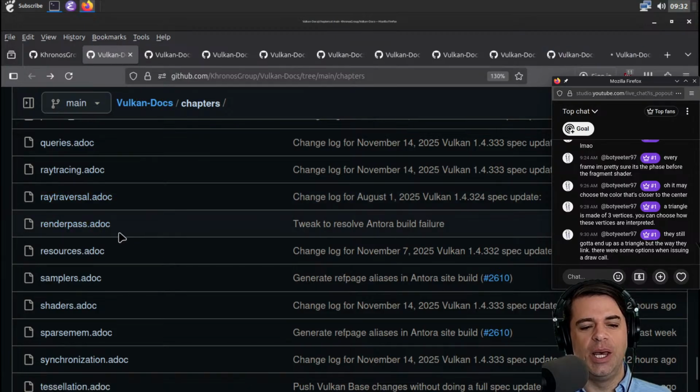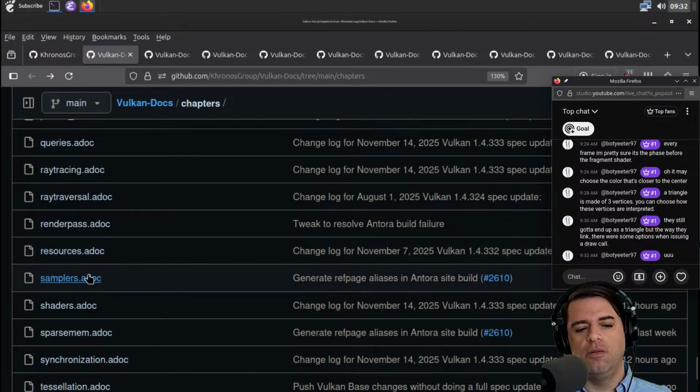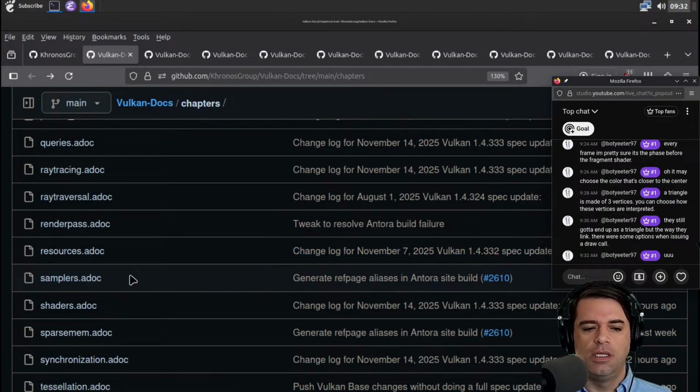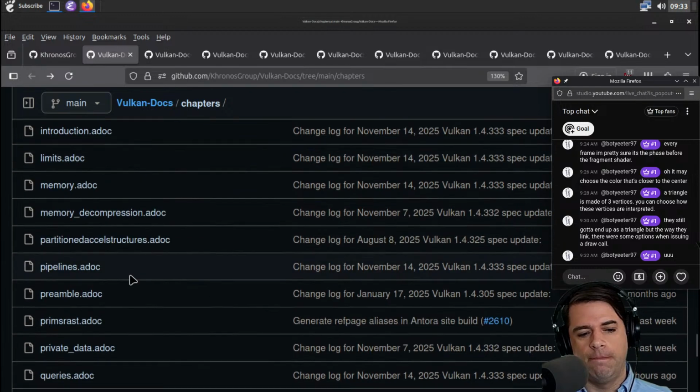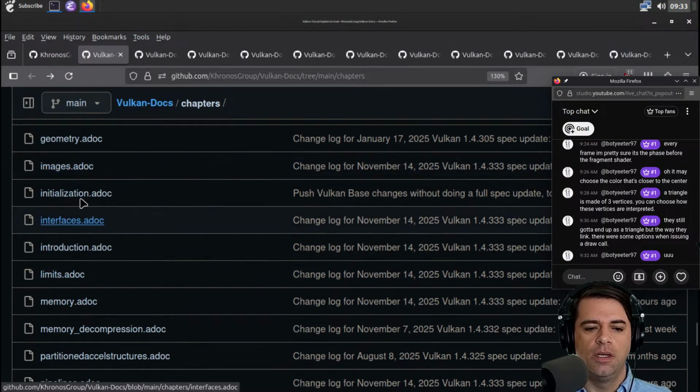Render path might be like the whole pipeline, and a pass might be an individual pass, of which rasterization is one, or it might be something different. I don't know what its resources are. Samplers, I'm going to guess, is for sampling things, like in the sense of statistics, taking a smaller number to determine something. Pipelines has its own doc, memory, limits, images,